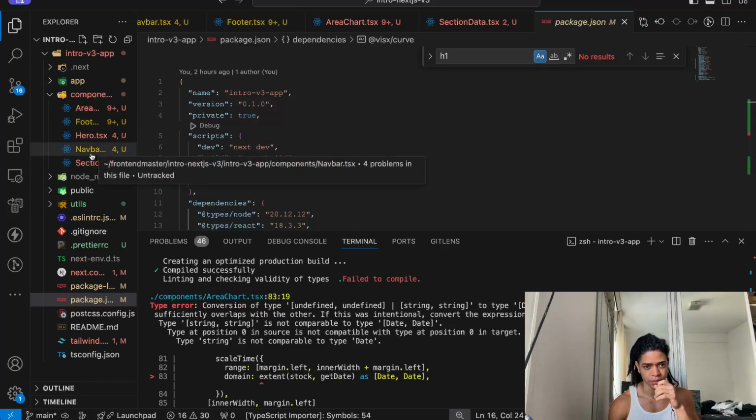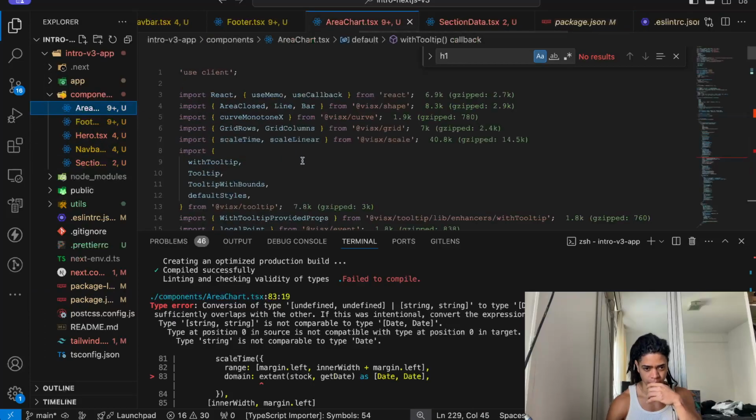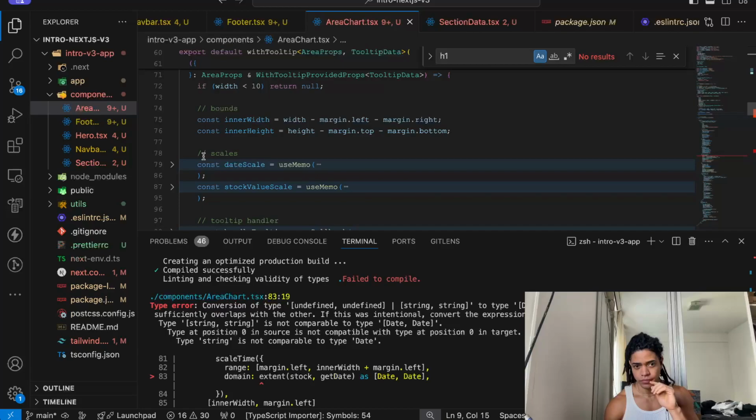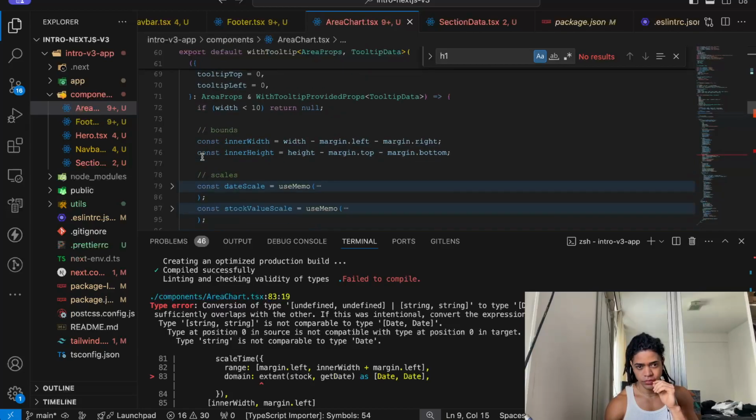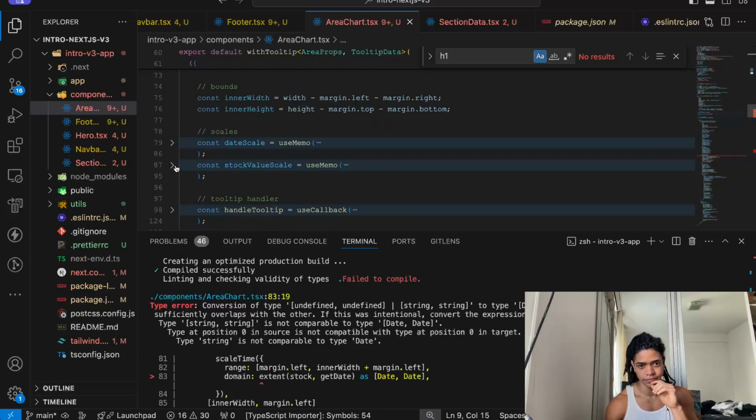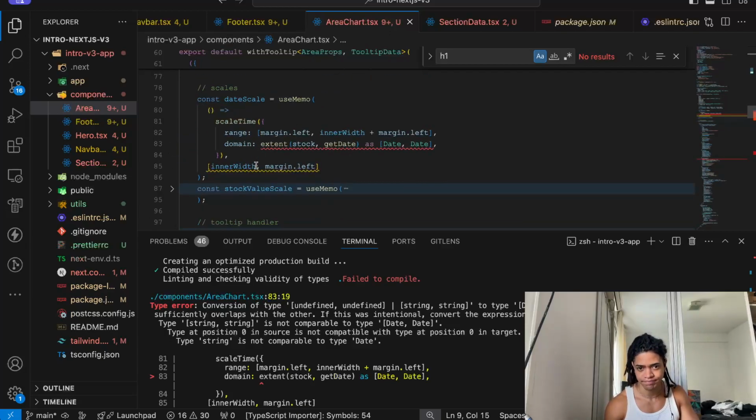Okay, TypeScript is complaining about that, but this is on the area chart. Which line is this? Let me go to the line. Anyway, 83, right? 83.